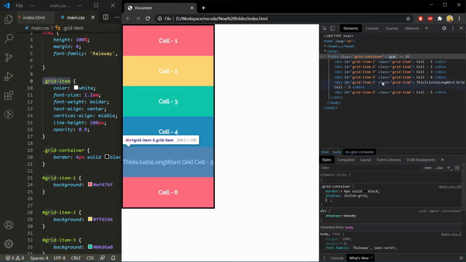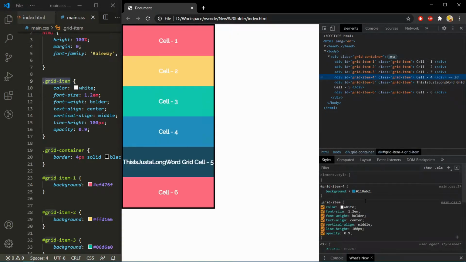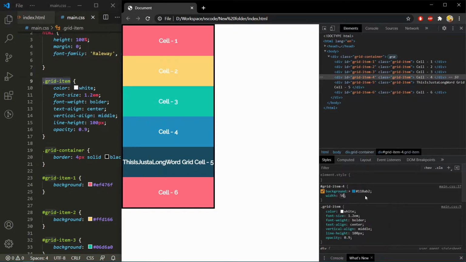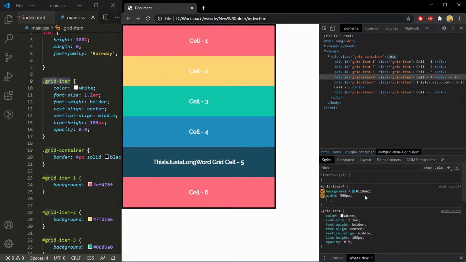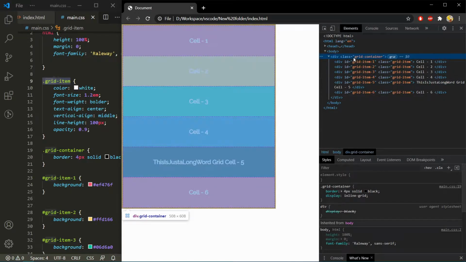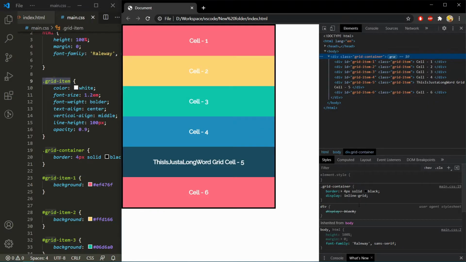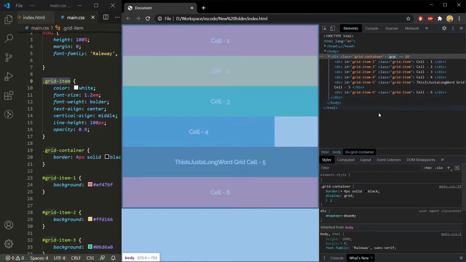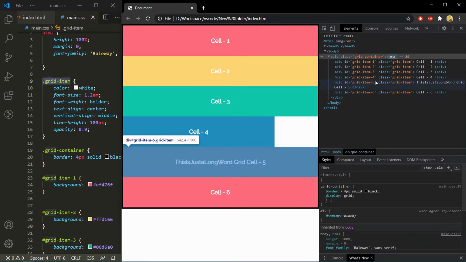So for example, if I increase the width of this item 4, let's say 500 pixels, then the width of the overall container got increased. Let's use display grid for this session. Let me restore the width of this cell.